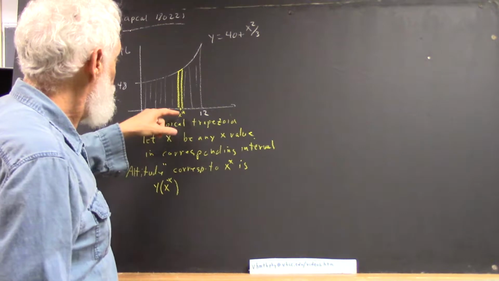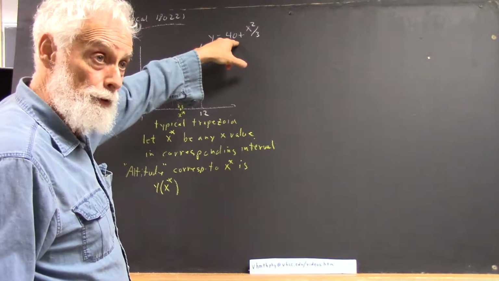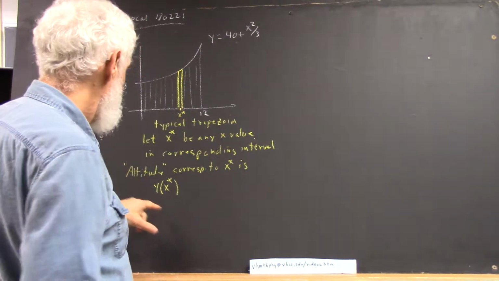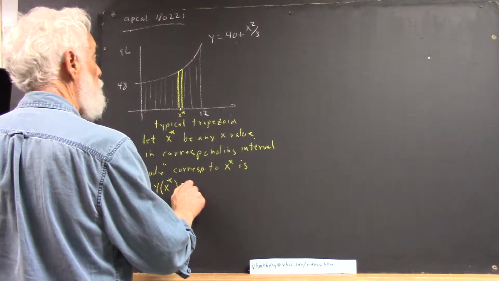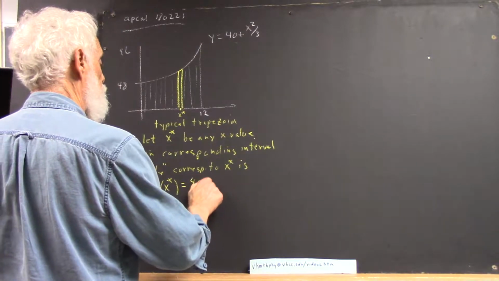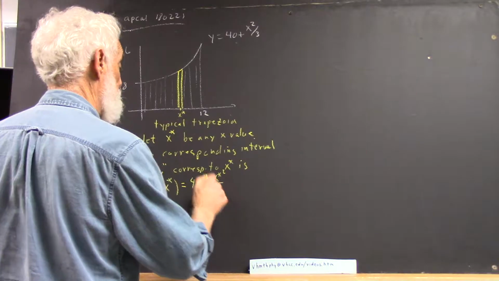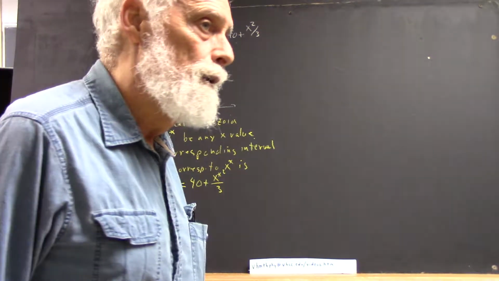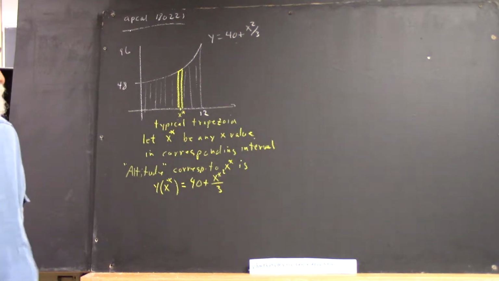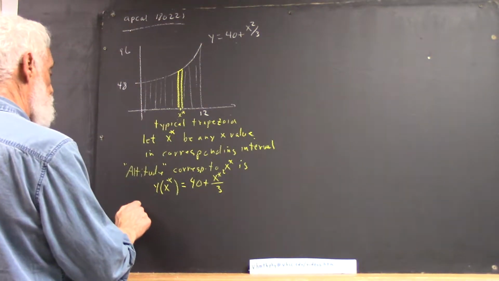So, how do we get that? Well, we plug x star into this. Now this is a function of x, so we'll say y of x star equals 40 plus x star squared over 3. Okay? Now, assuming this as our representative radius,